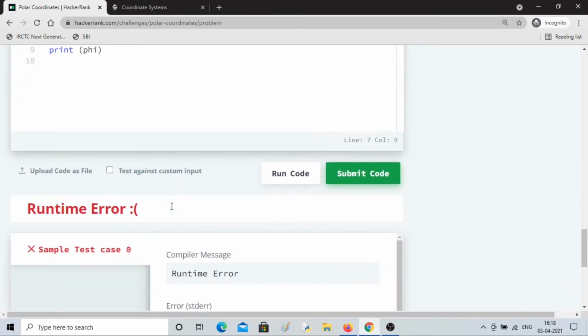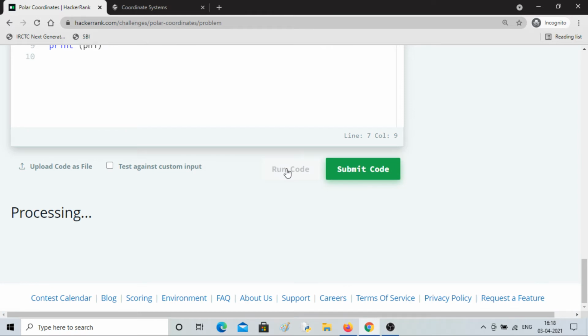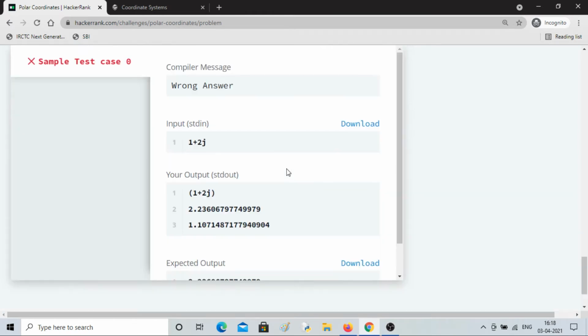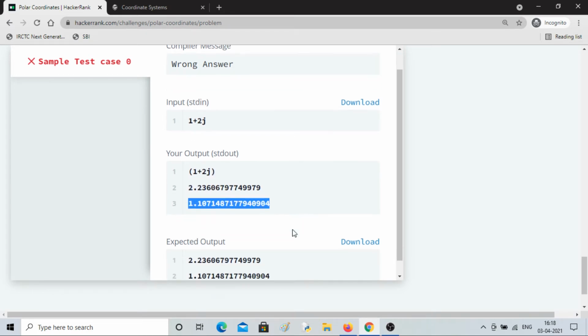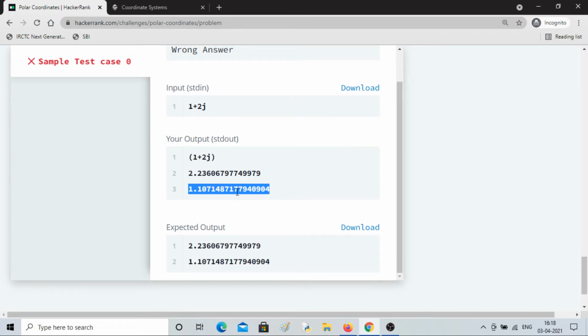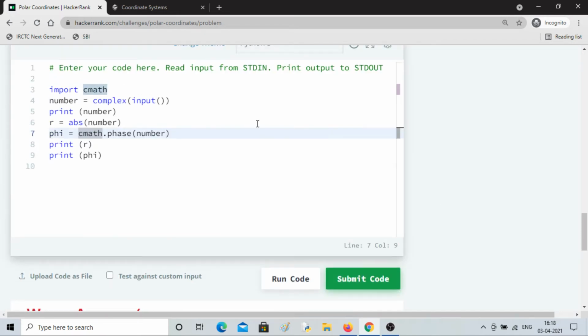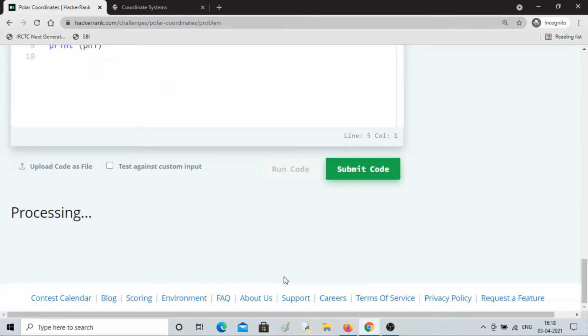Oh, now it is fine. It takes time. So now you can see that our complex number looks like this. This is our r value, and this is our phase. Okay, so if I remove this, we will now get our output.